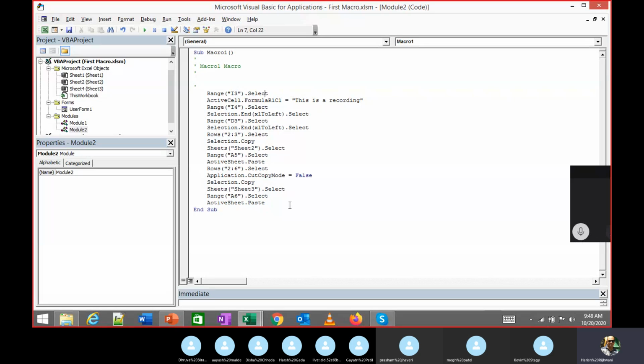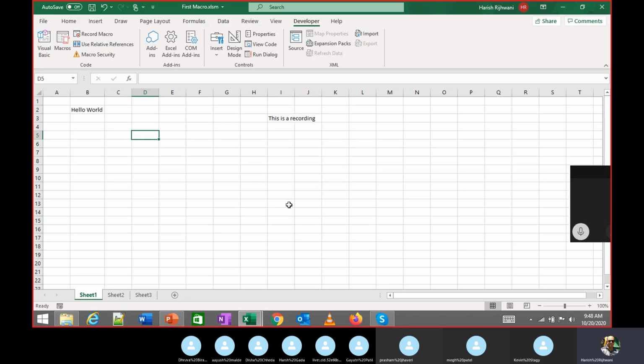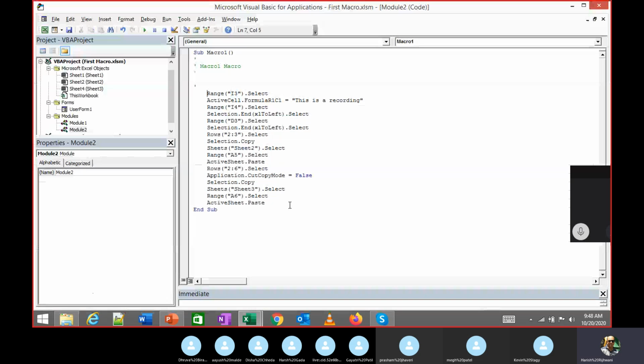Here, if you see, there is a little difference. One is I'm selecting a particular range. Okay, so I've given I3. This is because I selected I3 the first time I wrote. This is a recording I3. So I can actually copy this code